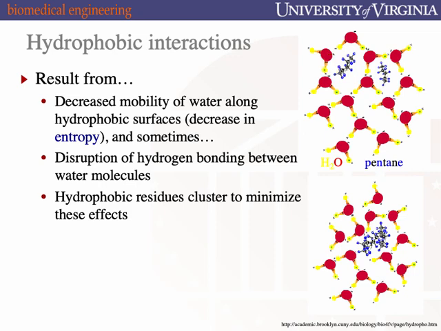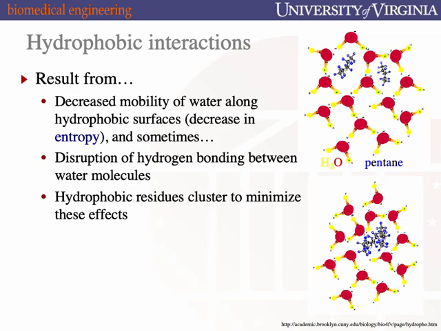This creates less randomness and less mobility for the water molecules that are in the immediate vicinity of the pentane molecule. Because they can't undergo the hydrogen bonding and because they become ordered around those hydrophobic molecules, that ordering is a decrease in randomness, and a decrease in randomness in a thermodynamic system is a decrease in entropy,